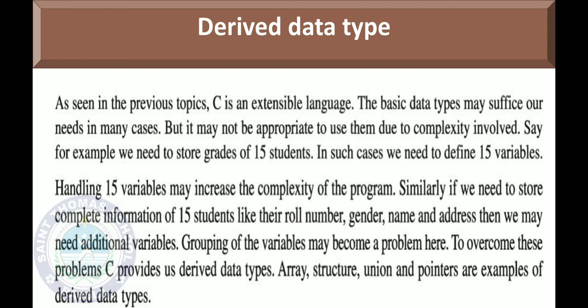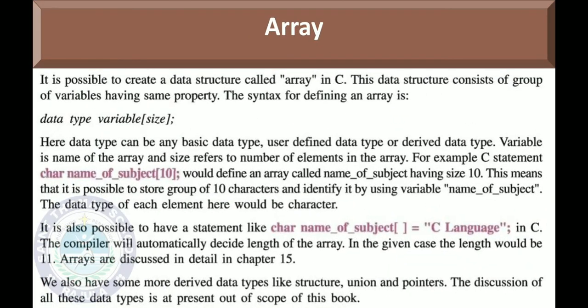And in this standard we are going to discuss about the array only. The rest of the 3 types are out of the scope of our syllabus, and now we will get brief information about the array. Then after, in chapter number 15 we will discuss the array in detail, how to use that one. So now let's discuss the array. So what is an array? Array is a group of variables with the similar data type. In short you just remember like this, it is a group of variables with the similar data type.